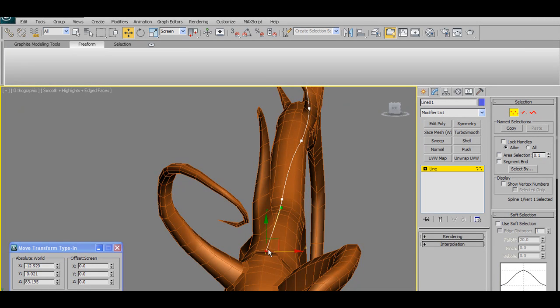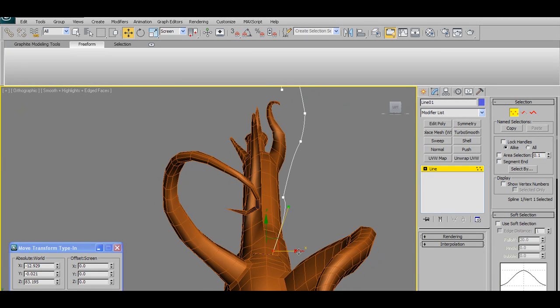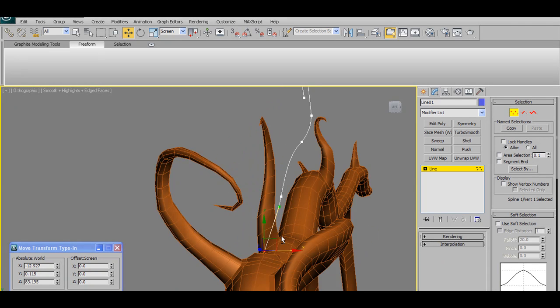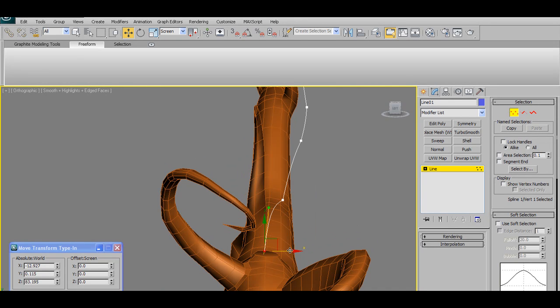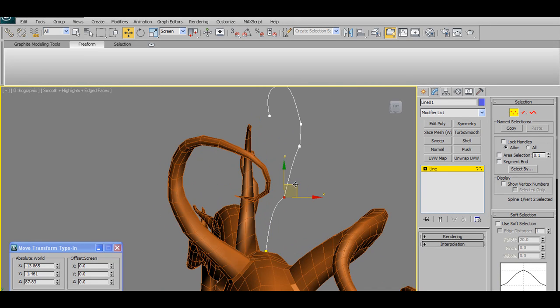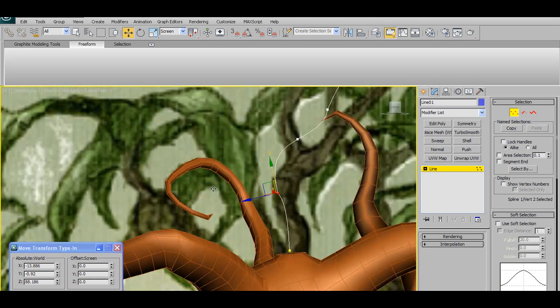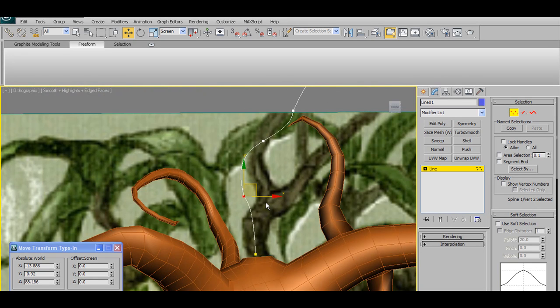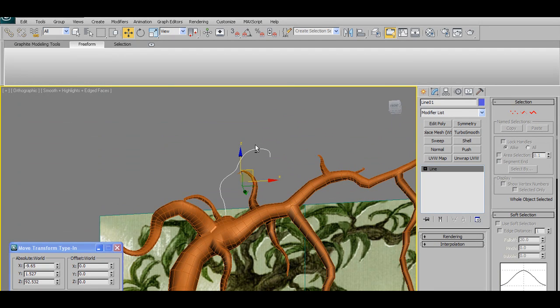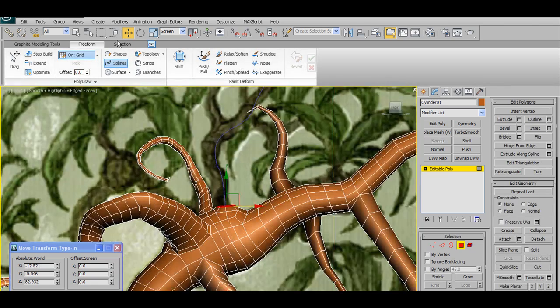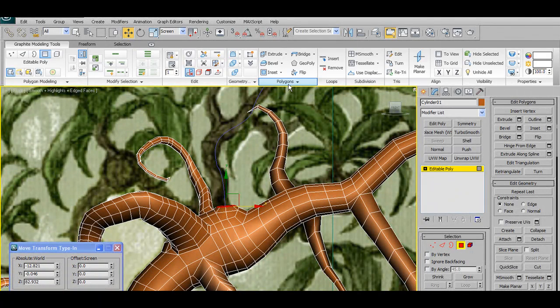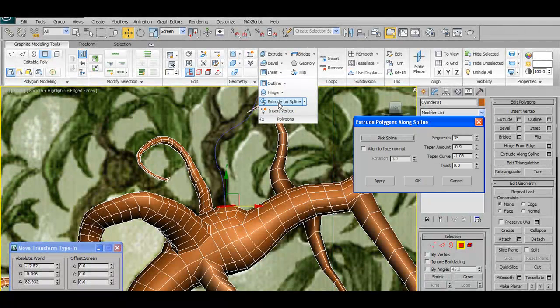And just make sure that my base point is still growing perpendicular to the extrusion surface, which it appears to be. Okay, so let's just make sure our spline is touching it there. And we'll go back, select our extrusion surface, and go Polygon, Extrude on Spline, Fix Spline,